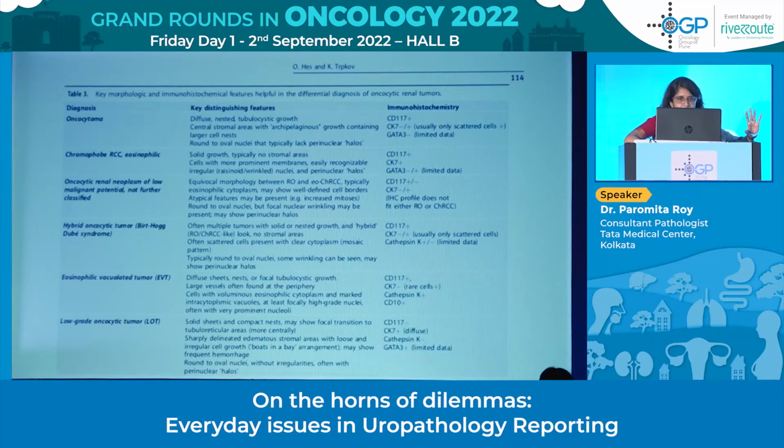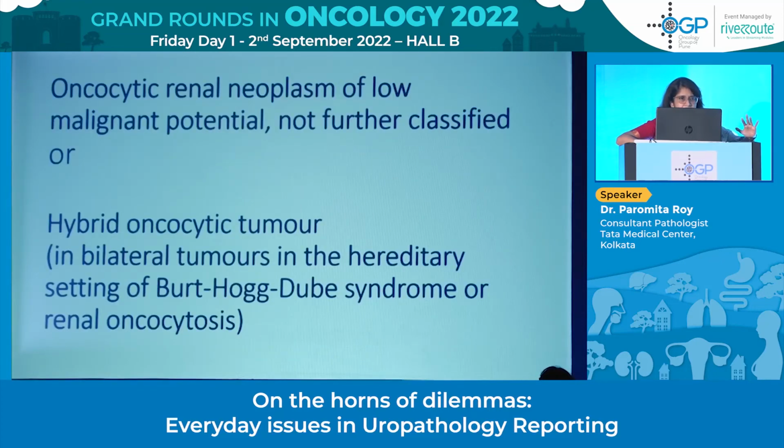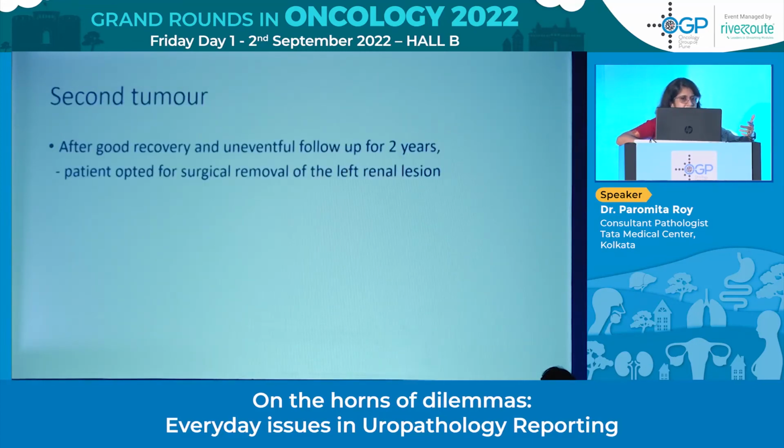And the thing to highlight in this case, as I said, Dr. Hess really helped us out with diagnosing this, and unfortunately, he passed away this year. He's a doyen of renal urothelial pathology. So we call this tumor hybrid oncocytic in the background of renal oncocytosis, because 2 years later, this patient